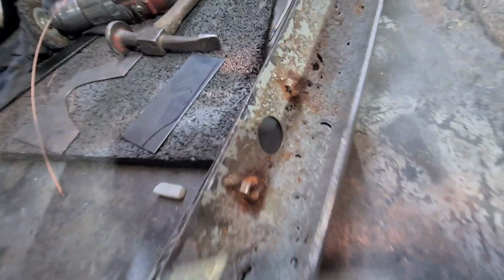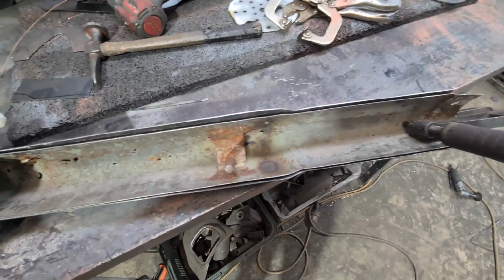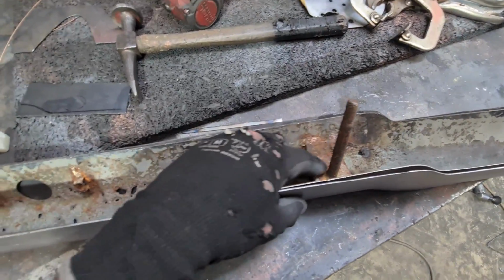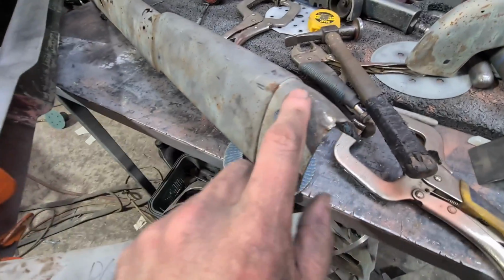So just got to do these holes in here for the light, and then figure out how to jig it to put these on. So I've just got the end mocked in place. Had to recreate this, so